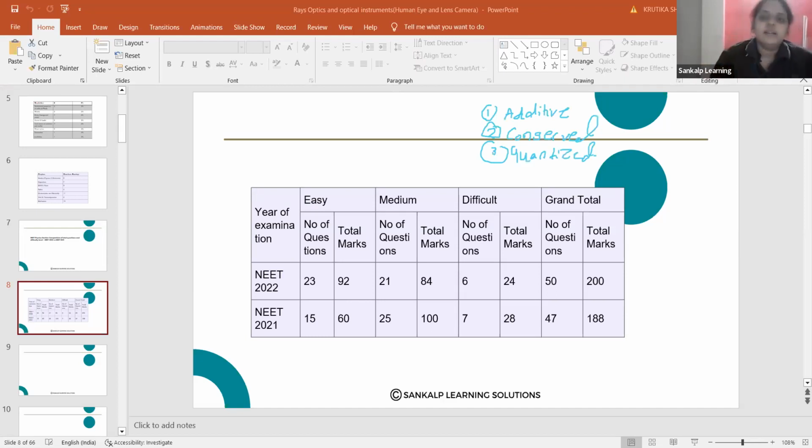Besides this, what other properties are there? We know that if I have a positive charge and a negative charge, what happens? When positive and negative charges are there, they will attract each other. So this is the property here: like charges repel each other and unlike charges attract each other. Okay. Then next, charge is a scalar quantity.